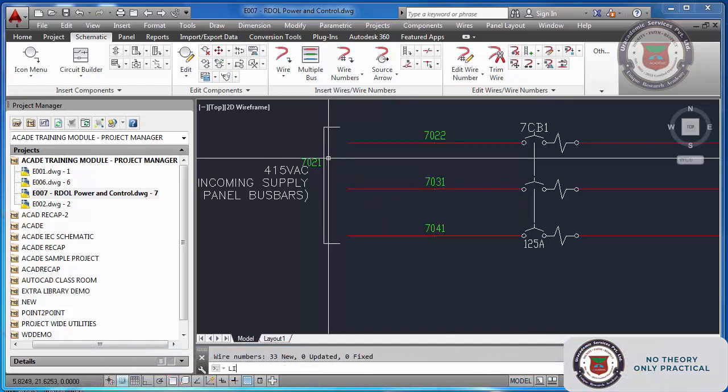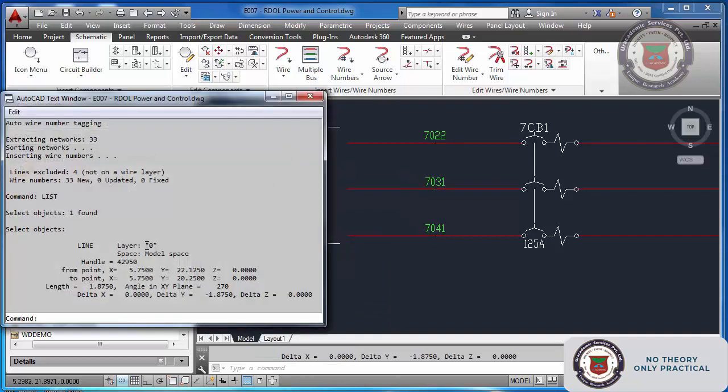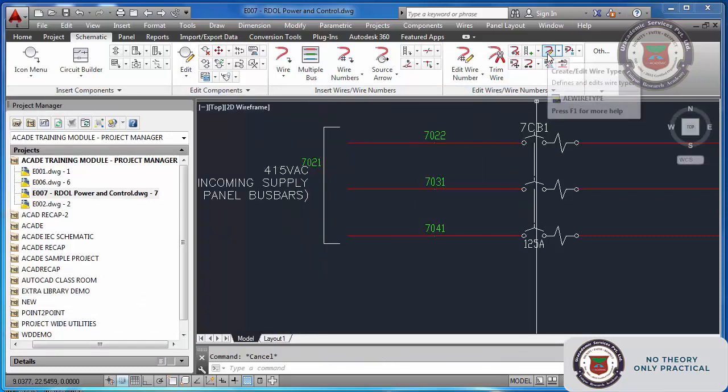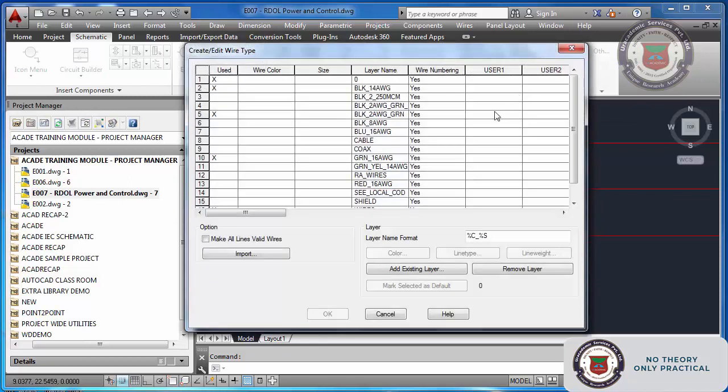If you list this particular line, you can see it is in layer 0. Still the wire number comes here. You know why? Because here you can see all these are wires inside this particular drawing. 0 is also unfortunately included in this.